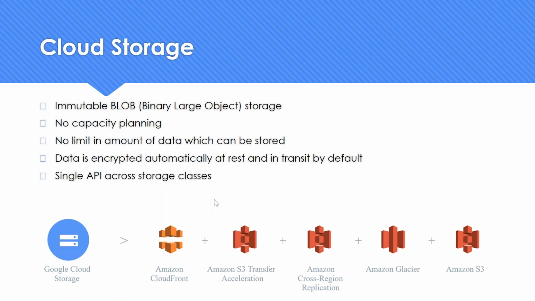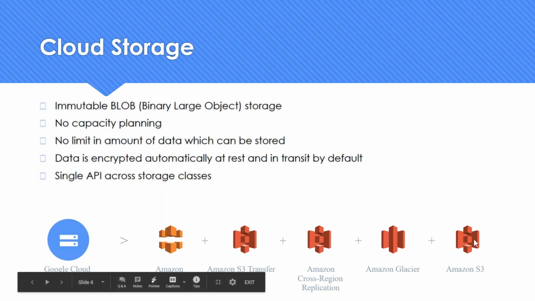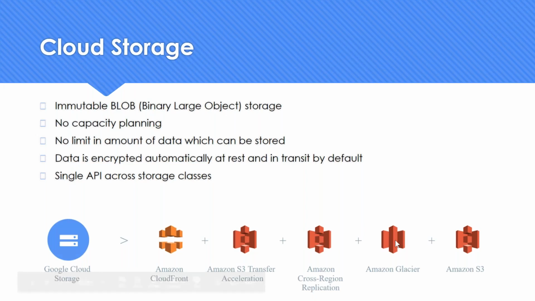But when you compare it with other clouds, for example AWS, if it's hot data, they use S3. If it's cold data, they use a product called Glacier. So two different products in AWS itself means what? You as an individual should excel in learning both, and you should use two different APIs. So the learning curve is more. But when it comes to GCP, one single API,